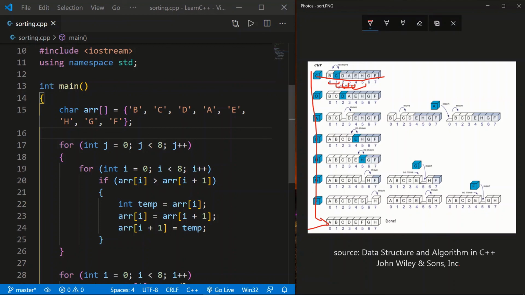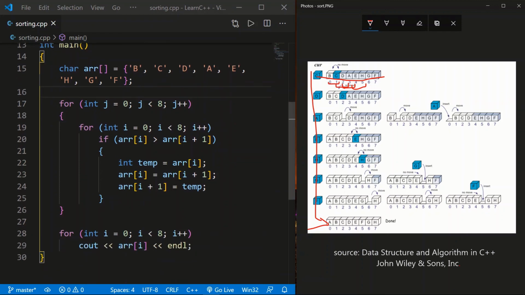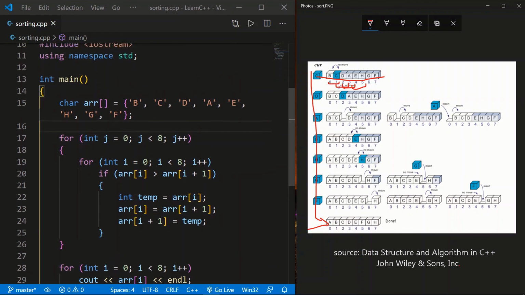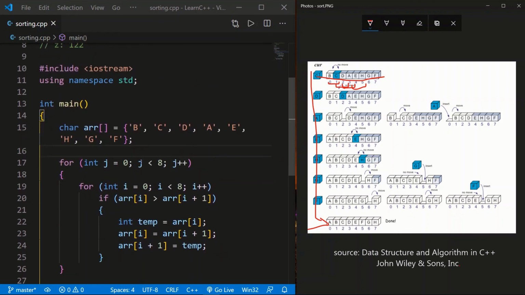Bring up your copy and try to do this. You'll understand in a better way. It's a little bit hard to explain on the board, but when you write in a copy and try to see this, you'll understand better. So bring up your copy and try to write it. Sorting is very easy and very useful, so try to learn it now.